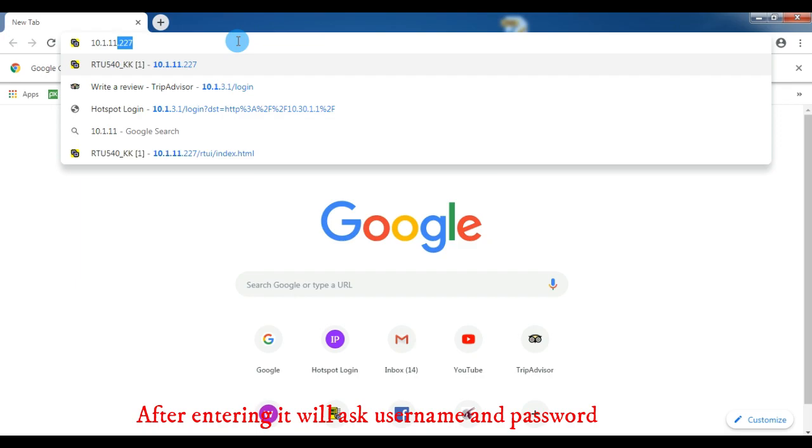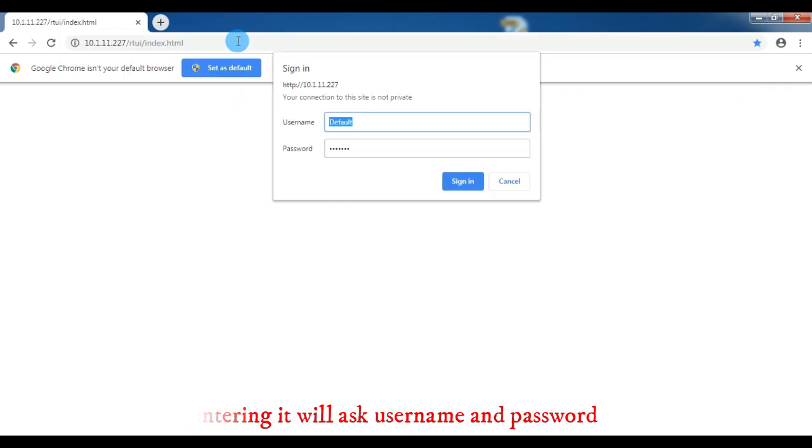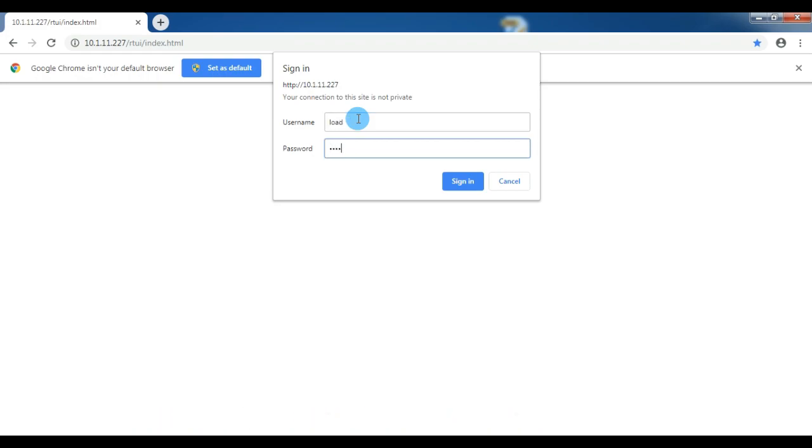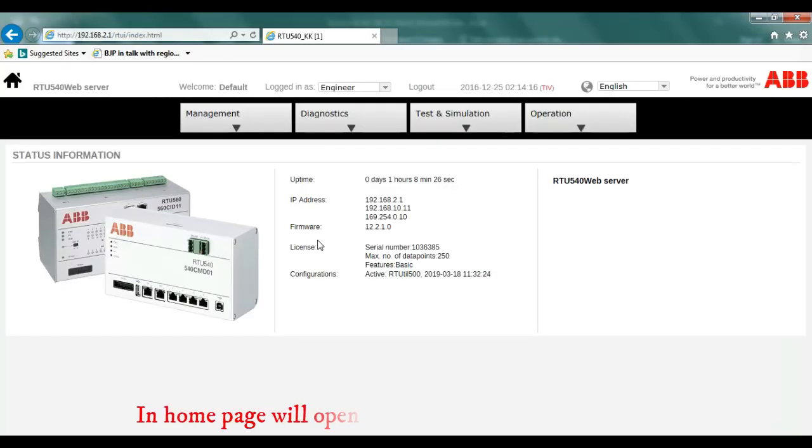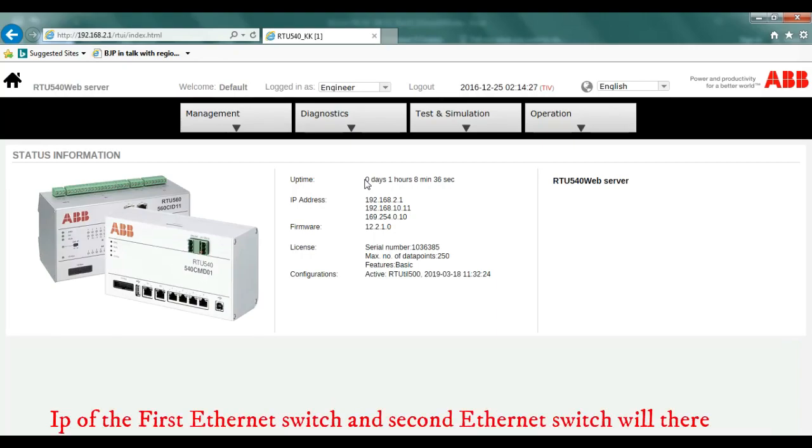After entering it, it will ask for a username and password. Username is default and password is also default. The D should be in caps. Once you log in, the home page will open. On that, you can see the RTU running time, and the IP address of the first Ethernet switch and second Ethernet